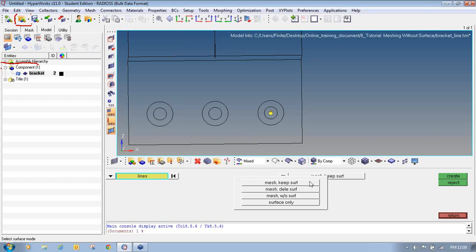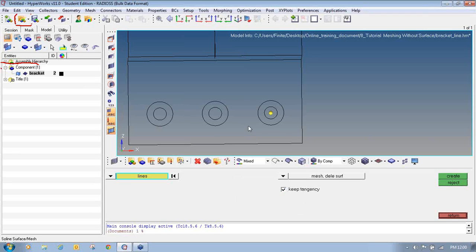Now on the third option, that is mesh without surface, once you provide the lines or nodes, it will create nodes as per the global element size, and then it will connect the nodes by creating elements, but in this it will not generate surfaces. And in the fourth option, it will only generate the surface, it will not generate the meshing. So I will pick the option mesh delete surface because I don't want surfaces to be created.